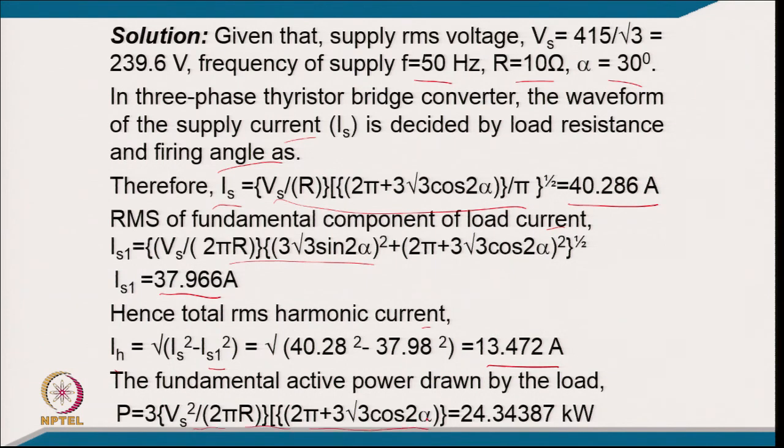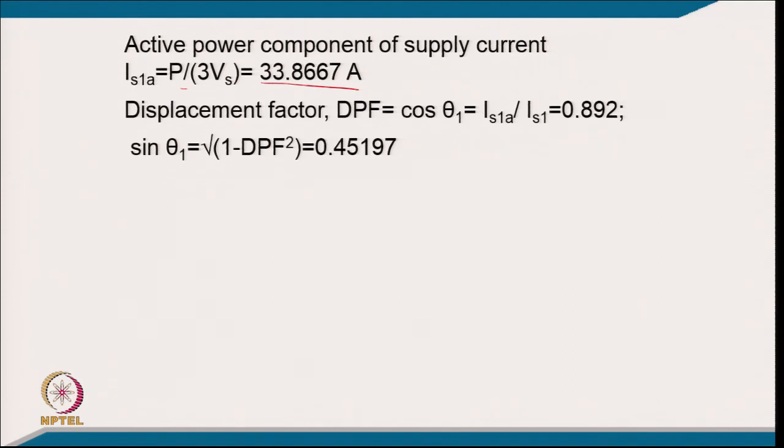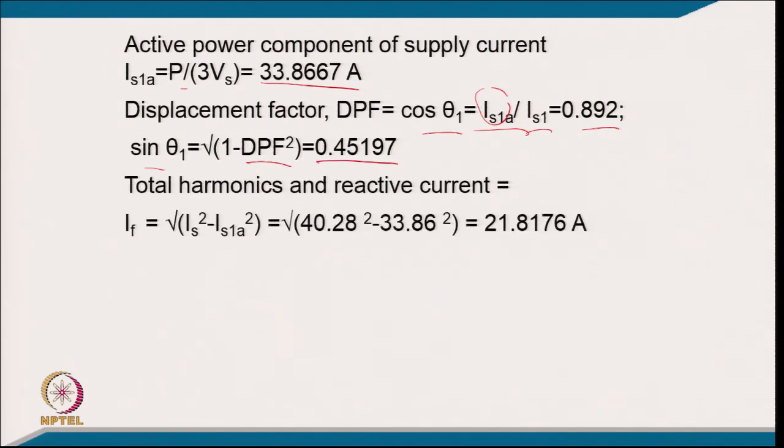Once we know the fundamental current, from this relation we can find the active power consumed by the resistive load on the DC side, which comes to 24.34387 kilowatt, and the active power component of supply current will be P upon 3 Vs. So it comes to 33.8667 ampere. The displacement factor is cos theta 1, which we find from the active component of current divided by RMS current. So it comes to 0.892, and sin theta 1 will be the square root of 1 minus DPF square, so it comes to 0.45197. The total harmonics and reactive current will be the square root of IS square minus IS1 square,